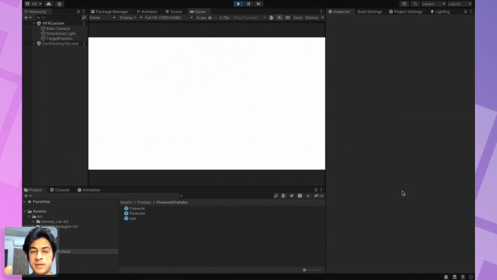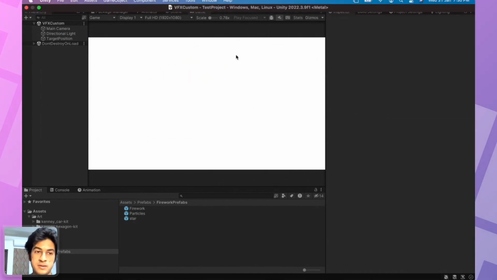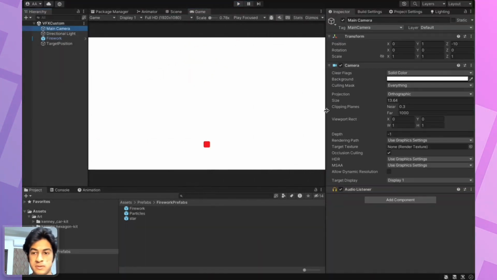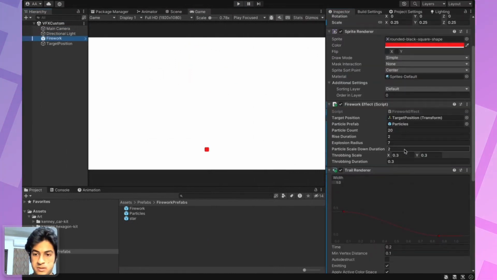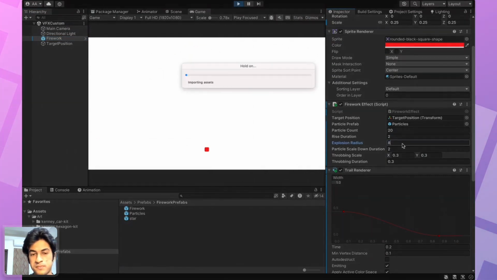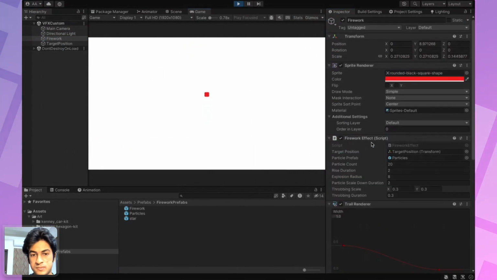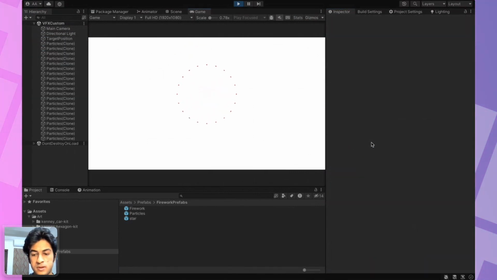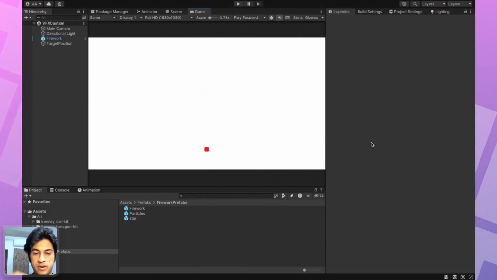Yeah, you have a basic firework, but it seems too simple. We can add more elements to it. Let's zoom out a little bit so we can see it better. And let's give it multiple rounds of explosion.